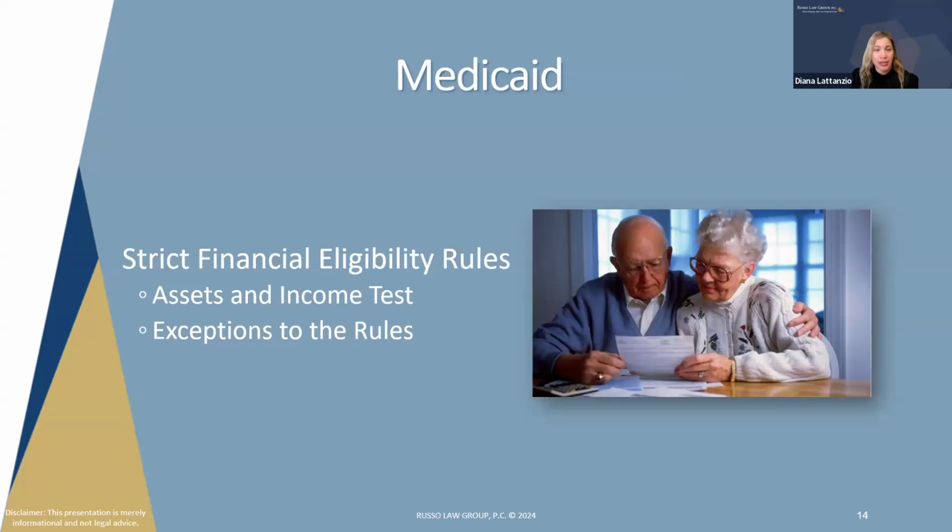So Medicaid is this huge umbrella that has so many different programs, and it is what we call means tested. That means you can't automatically qualify. You have to have a medical need. There is an asset test and there is an income test. And just like any other rule, there are always exemptions to the rules.